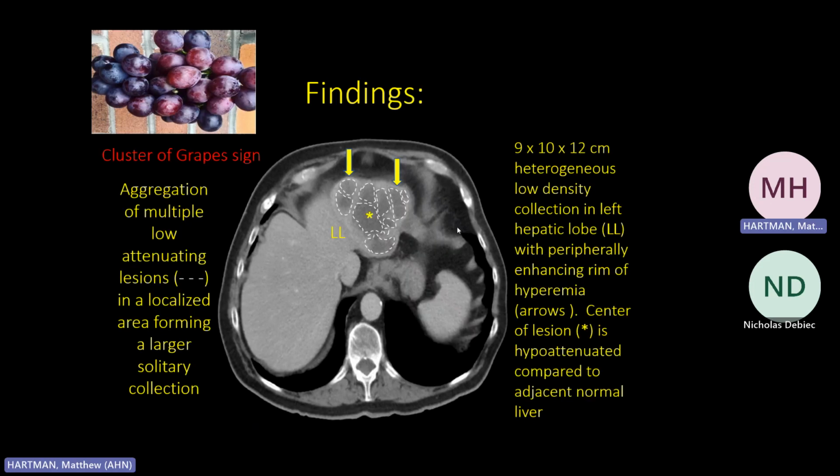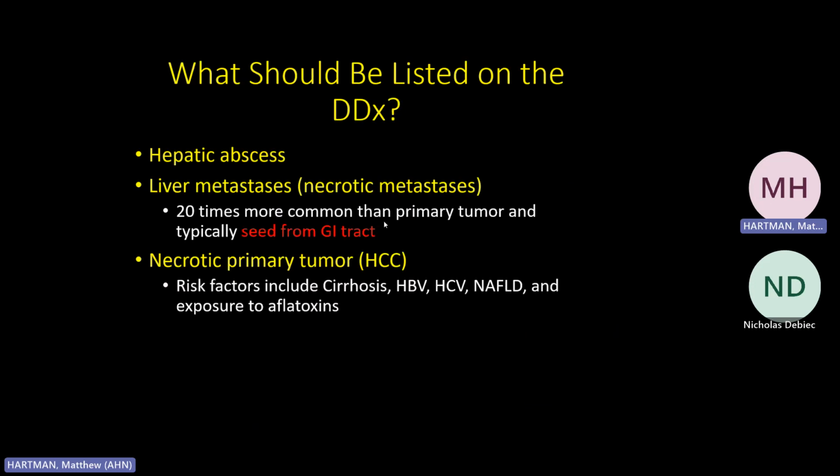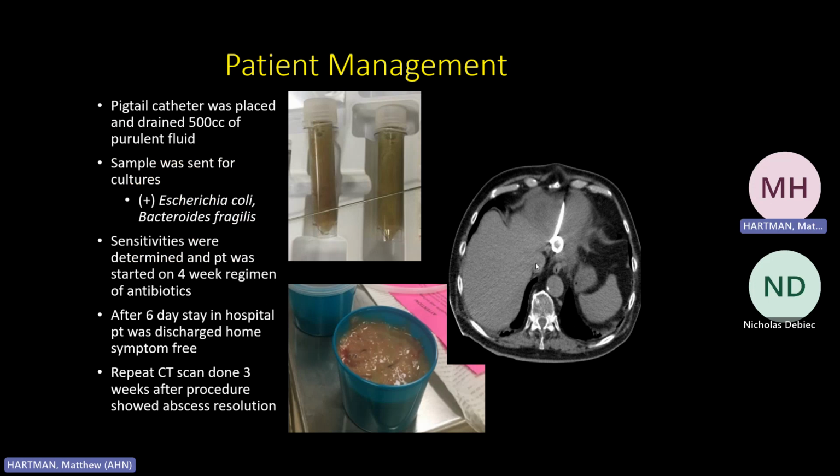On this one, we have an 80-year-old with right upper quadrant pain and fever. Cystic, I like this. It sort of looks like a cluster of grapes, a bunch of cysts around each other. And this is someone who had the fever. We're worried about abscess. It could be mets, could be a necrotic tumor. Tissue is going to be the issue. We went in, we drained it, and got out about 50 cc's of pus. The patient felt much better. Fever went away.